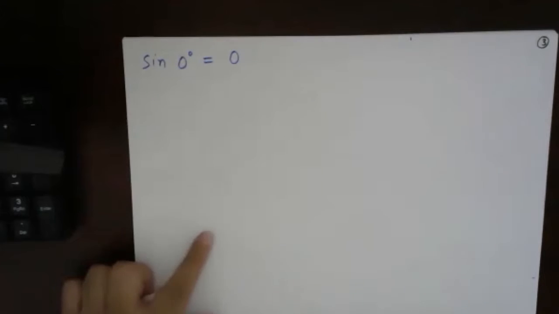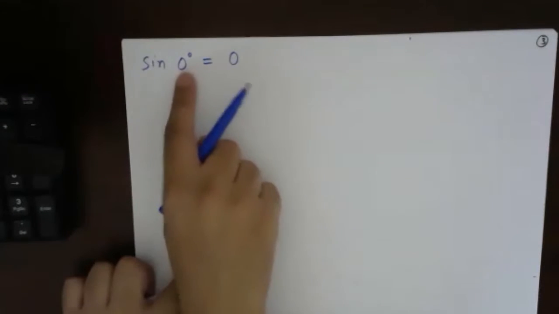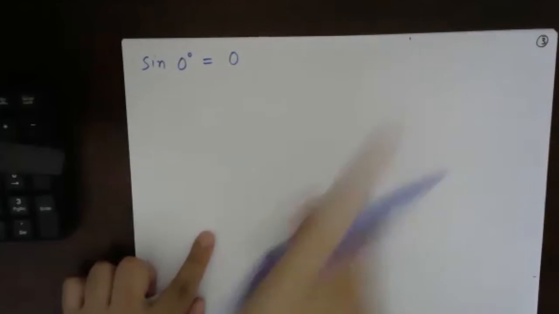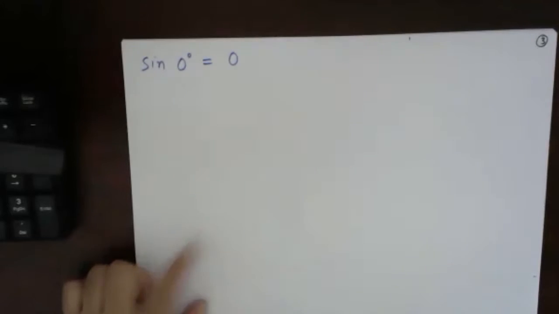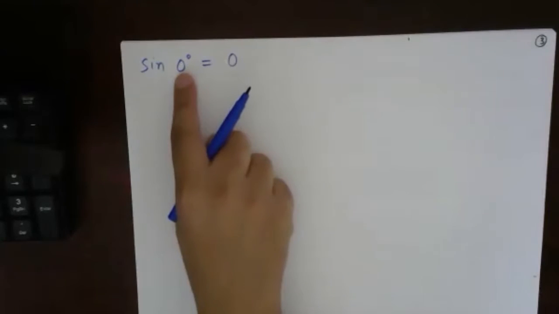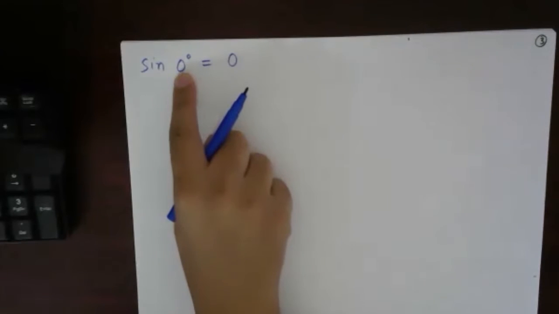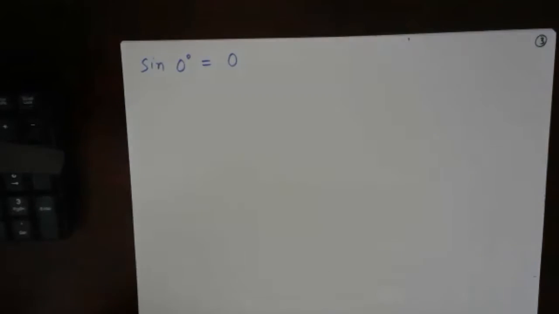Now I want you to draw. This means there is a triangle which exists such that in that triangle one angle is 90 degree and one angle is 0 degree. I want all of you to draw the triangle with one angle as 90 and the opposite angle as 0 degree. Try to draw and tell me, can you ever draw a triangle with one angle 90 and the other angle 0 degree, right?